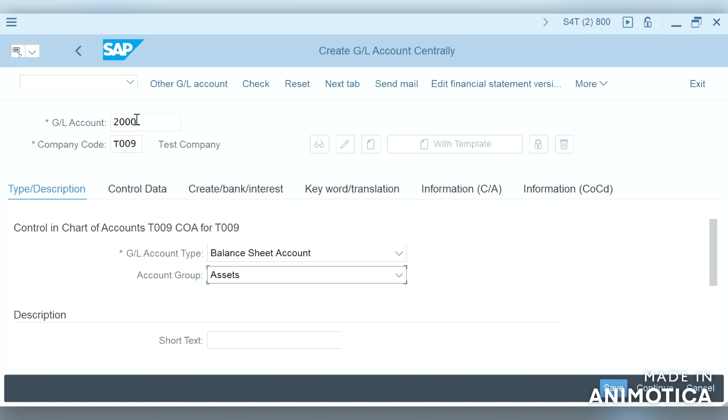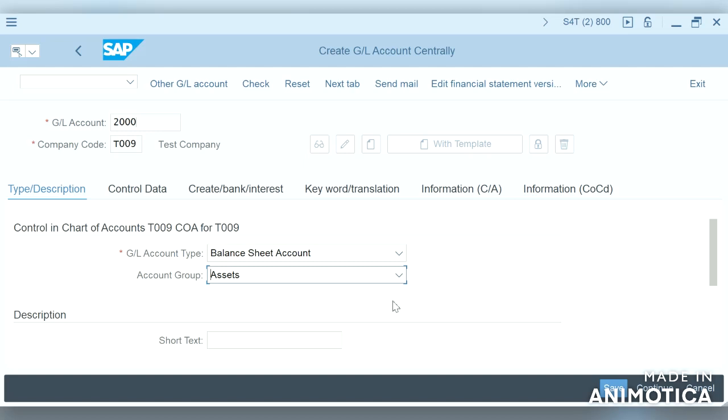So the GL account number will be controlled by the account group, and also the fields which appear in the GL master record are controlled by the account group configuration.